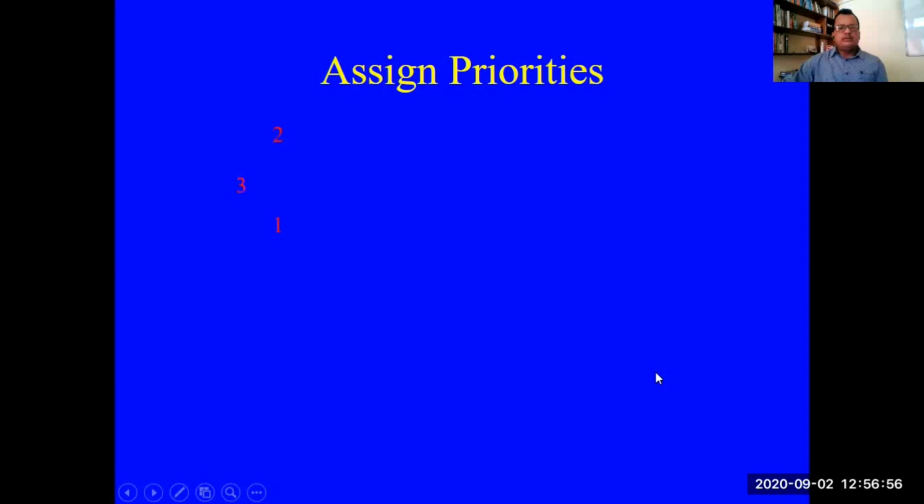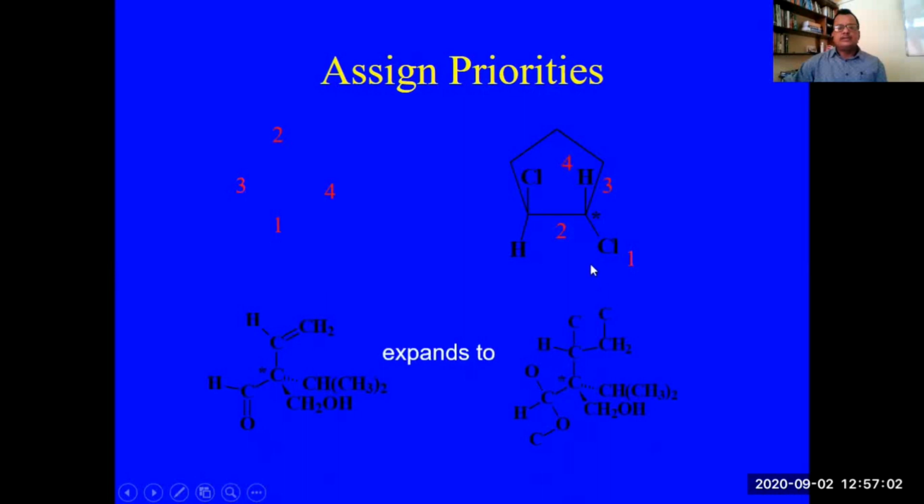So assigned priority, we have already seen it. This is the assigned priority. Here this is the stereocenter. This stereocenter is attached to chlorine, which has priority 1. Then you get carbon. Next is chlorine, and here next is carbon. So this carbon will have higher priority. This one has third priority, and hydrogen has got the lowest priority.